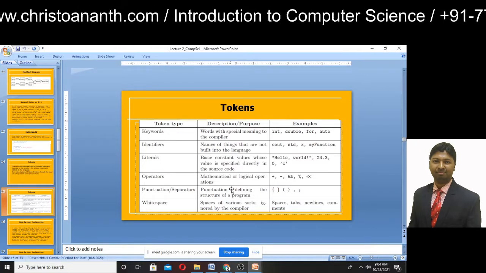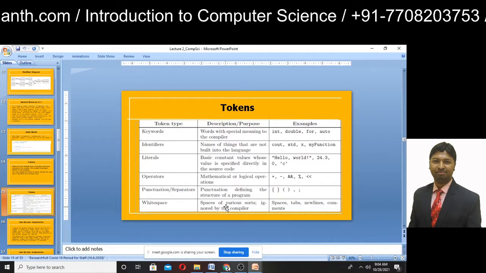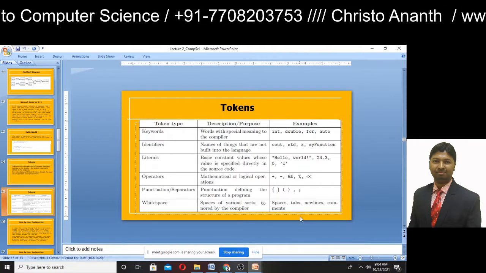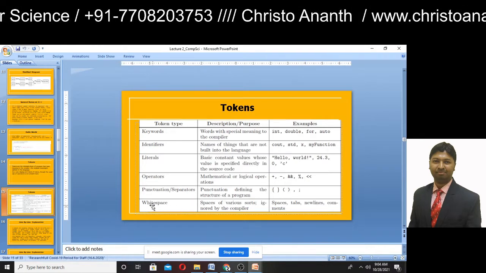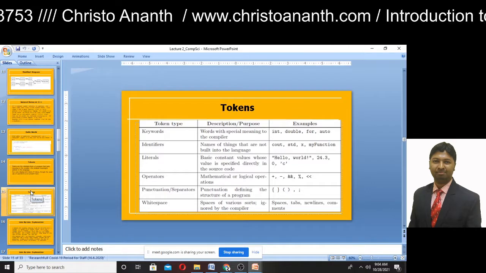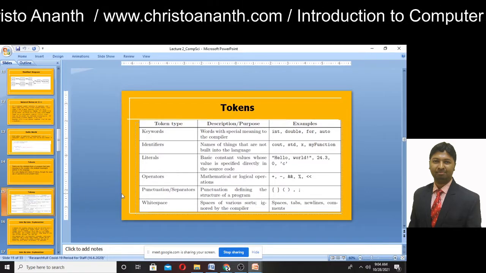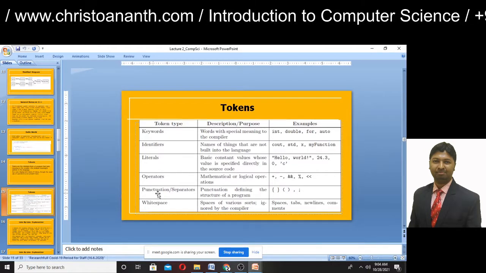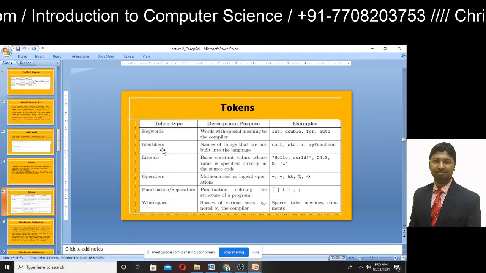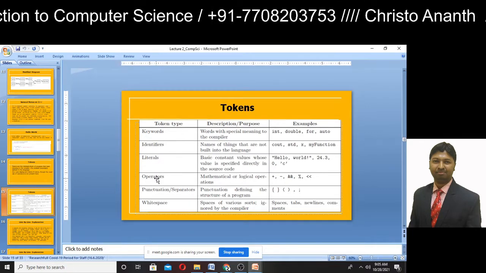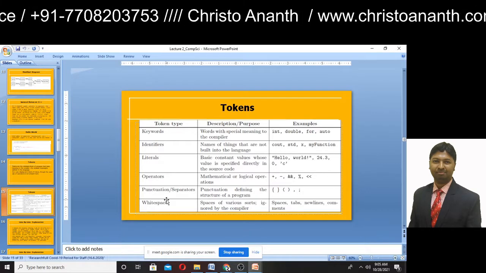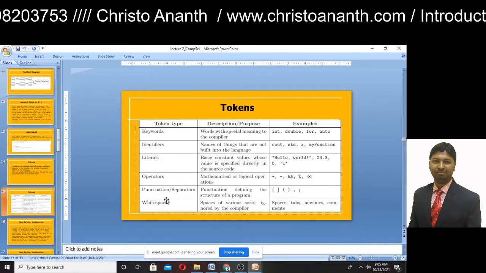Clearly, you can see that white space is ignored by the compiler in C++, and spaces, tabs, new lines, and comments are actually white space. So you can give some examples: spaces, tabs, new lines, and comments. These are keywords, identifiers, literals, operators, punctuation, separators, and white space in the case of tokens in C++.